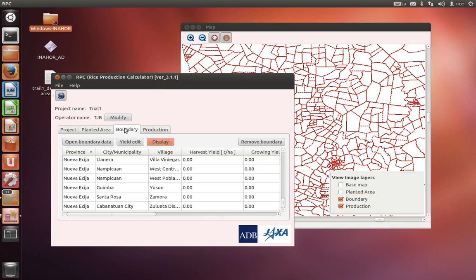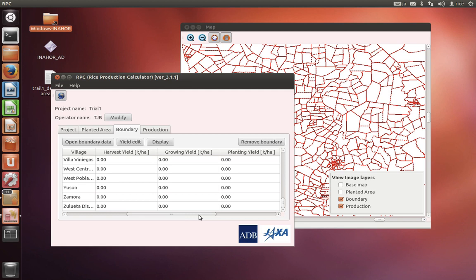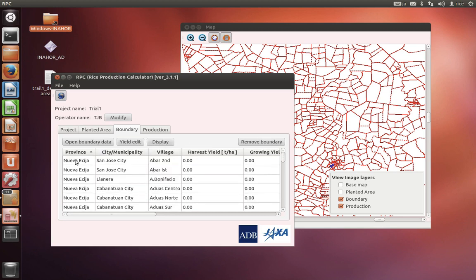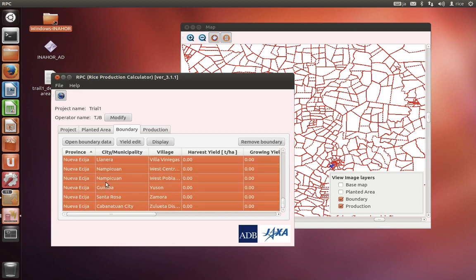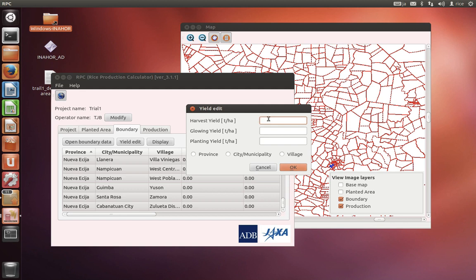Okay? So after loading in the boundary file and confirming that it's there, we can go to Yield Edit, because right now, if you look at this, you'll see that the harvest yield, the growing yield, what's the next one? Planting yield, all of these are 0 right now. So we have to edit that. And how do you edit that? Well, you either know the actual information yourself or you just make a guess. If you click on Yield Edit, it says please select a boundary. So let's select again the top one, scroll down to the bottom, hold Shift, left click, and then Yield Edit. And this will change the information for all of the